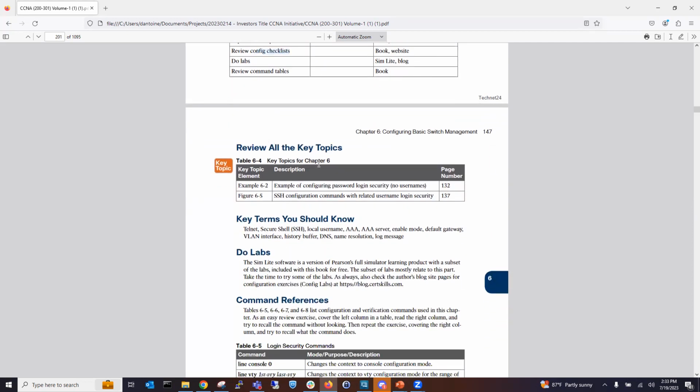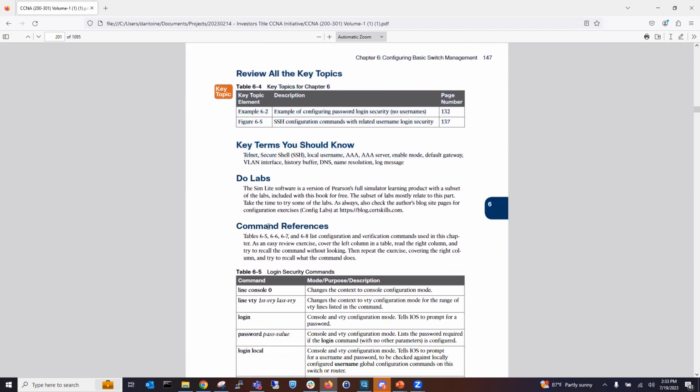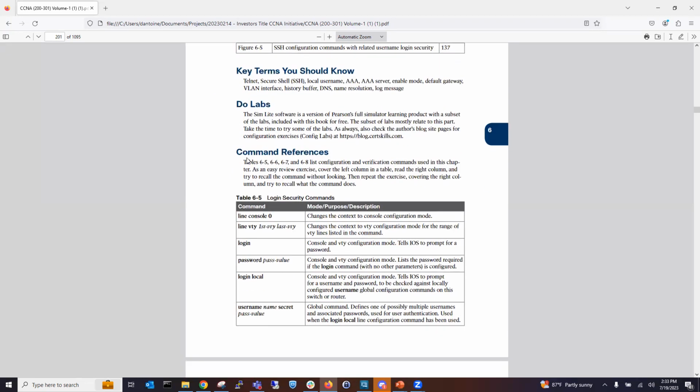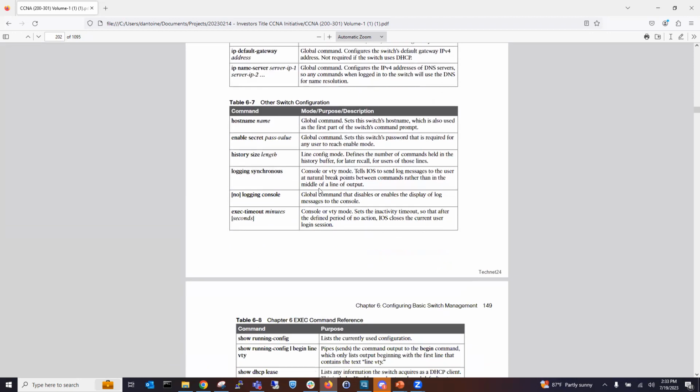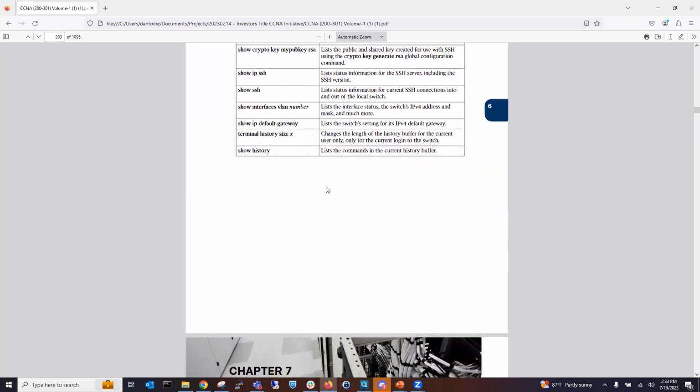Of course, review all the key topics. And what I mean by key topic is you see this little orange square here, maybe next to a section throughout the entire chapter. Please go over it, okay? Go over those key terms you see here, Telnet, Secure Shell, et cetera. If you have the book, do those labs that it comes with. Here's a command reference, go over it, of course. And this is going through everything that we saw, everything that we've done, everything that I showed you guys in Lab Fun Day,